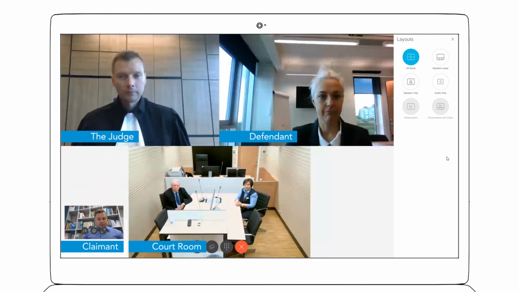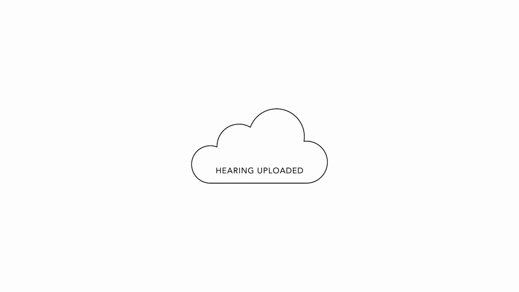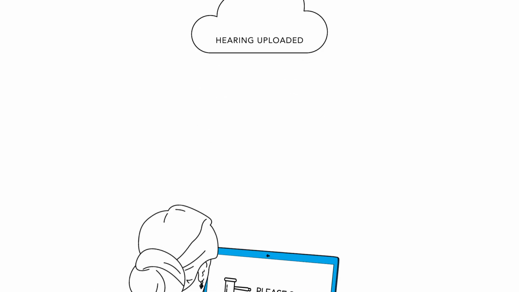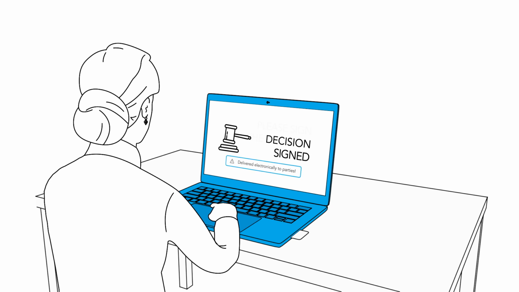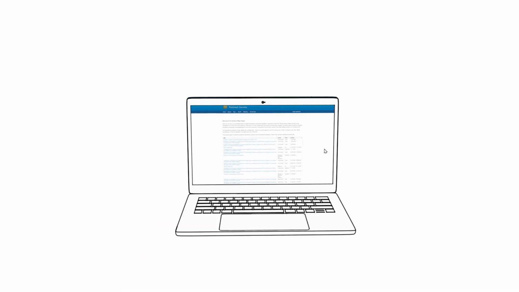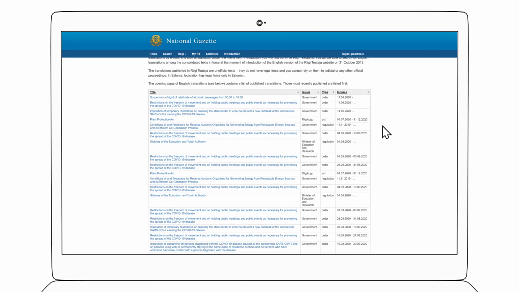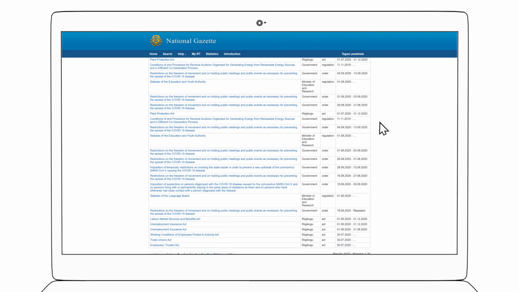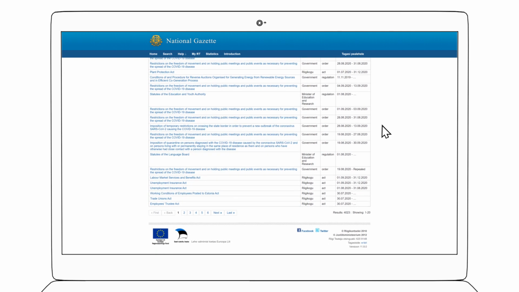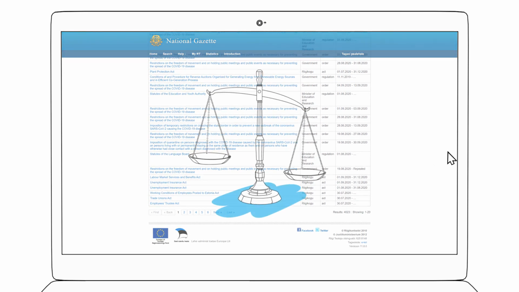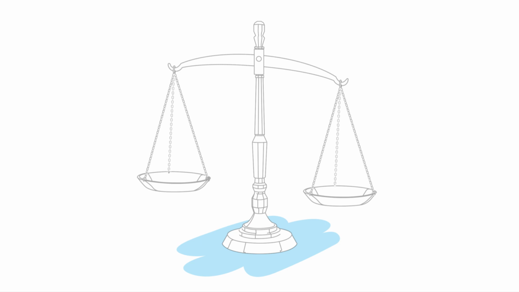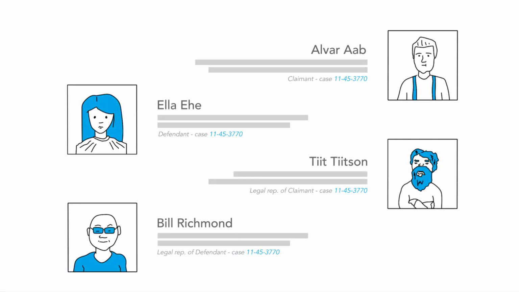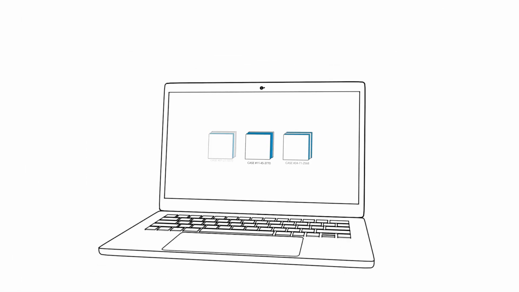All court hearings in Estonia must be recorded, and this also applies to hearings held virtually. After the hearing, the judge makes the decision and signs it digitally in the court information system. In Estonia, all final court decisions are automatically also published in the Electronic State Gazette, which is the only official source for Estonia's legislation. Digital justice in Estonia brings participants together electronically, resulting in shorter proceeding times and more open